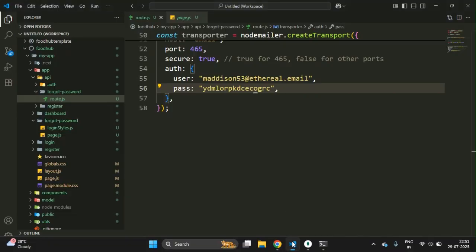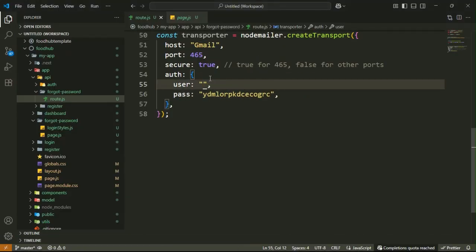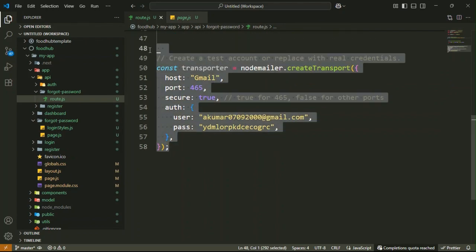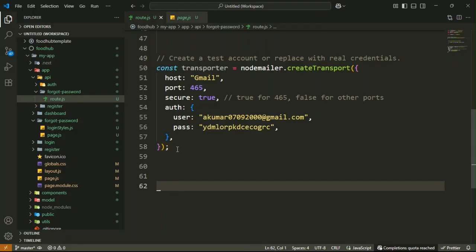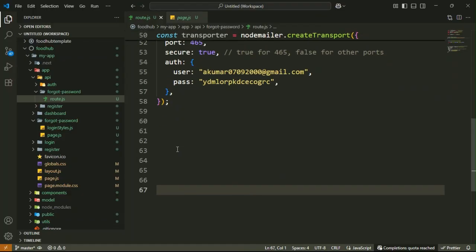Now we will successfully create a test account or replace with the credentials. Here we have already replaced with all my credentials. You should replace your credentials with your account details. After that you need to